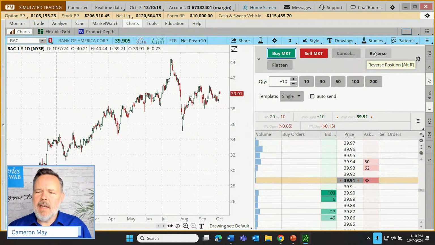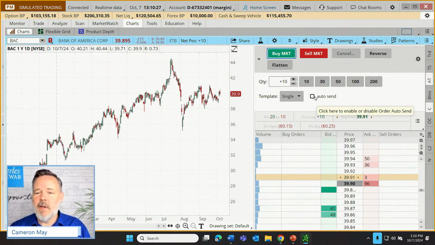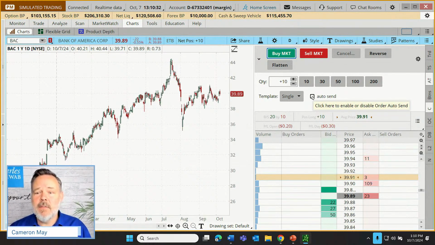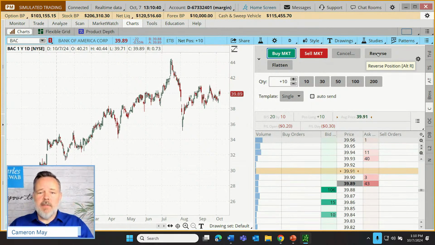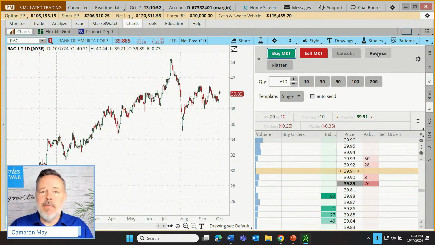But now you'll notice that's activated these other buttons for us. So first of all, we have something called a reverse. What in the world is a reverse? And by the way, for all of these functions, I could have auto send enabled. I'm going to leave that disabled now and know what that is, okay? But if I select reverse, this actually is going to reverse the position. This is when a trader, let's say they own 10 shares of a stock, and they think, you know what? My opinion of this stock has completely changed. And I not only want to get out of those 10 long shares, I want to get right into 10